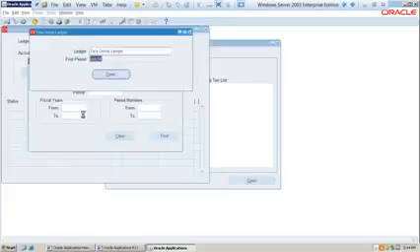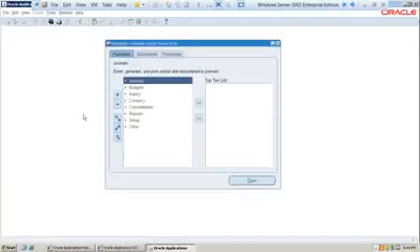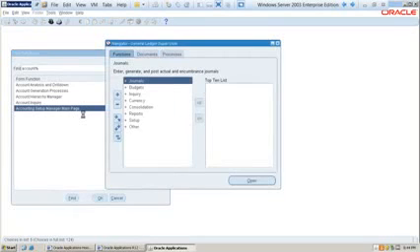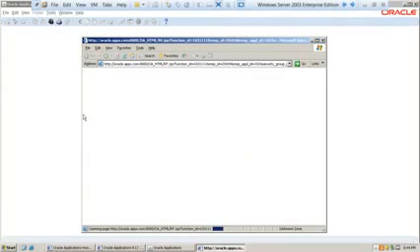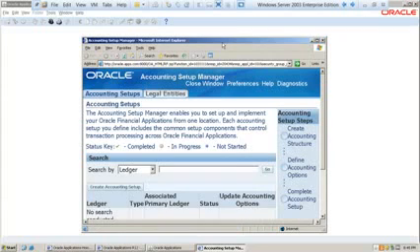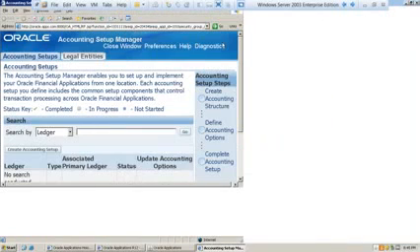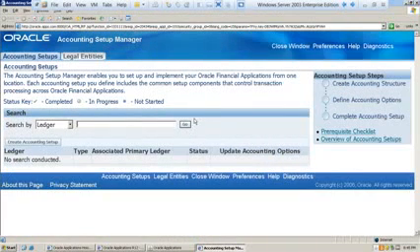That is the reason it is showing January. I close this. I go back to ledger. I give the ledger.